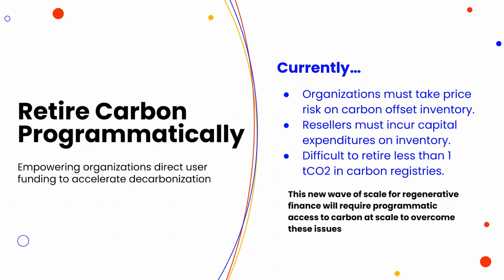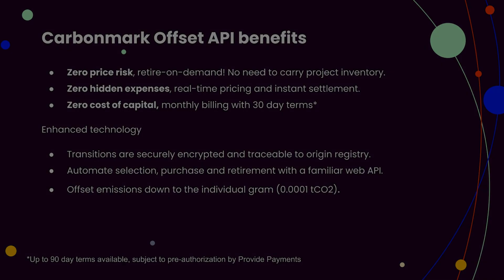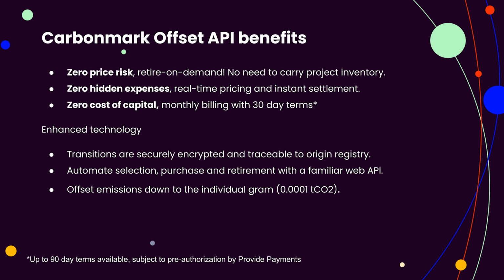And really why we're addressing these problems is that we think they are significant blockers for organizations who want to offer these projects and open new funding channels to their customers, but are prohibited and blocked out of the market due to a number of these obstacles. So we really see the Carbonmark Offset API as a way of enabling scale for this regenerative financing of projects via programmatic access. So I'll just jump ahead and talk about the business benefits